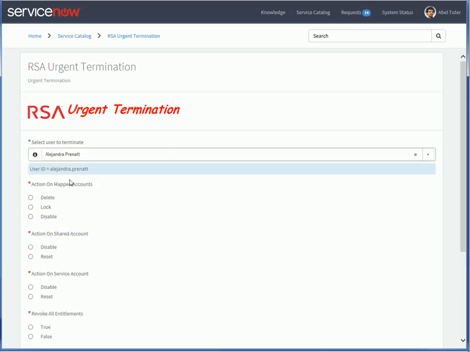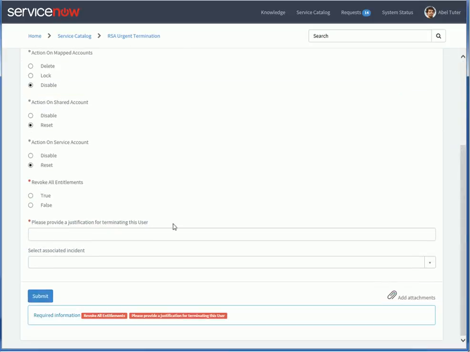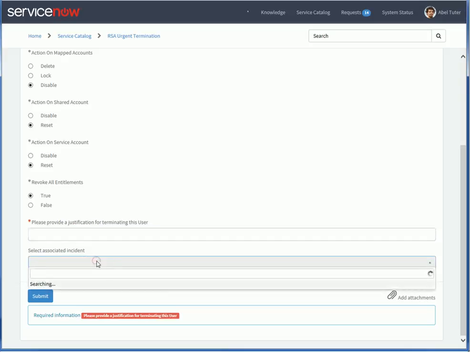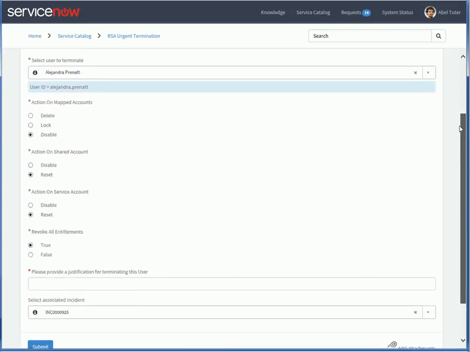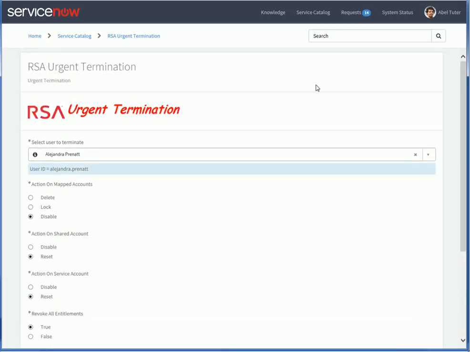to terminate, and then I can decide what to do with the mapped accounts, the shared accounts. I probably just want to reset the password, not disable or delete them. And what I want to do with the entitlements, I want to remove all entitlements, provide a business justification, and if there was like an incident in ServiceNow that was associated with this urgent termination request, maybe it's part of an incident response process, I could also point to that incident here. So this is one example, but if I go back to the home,